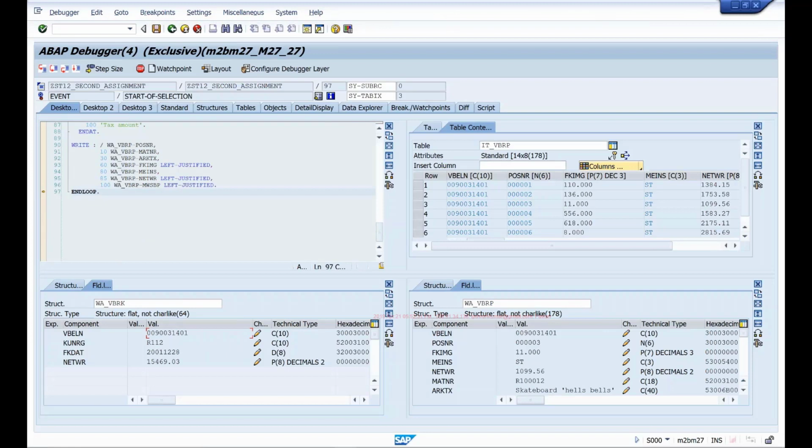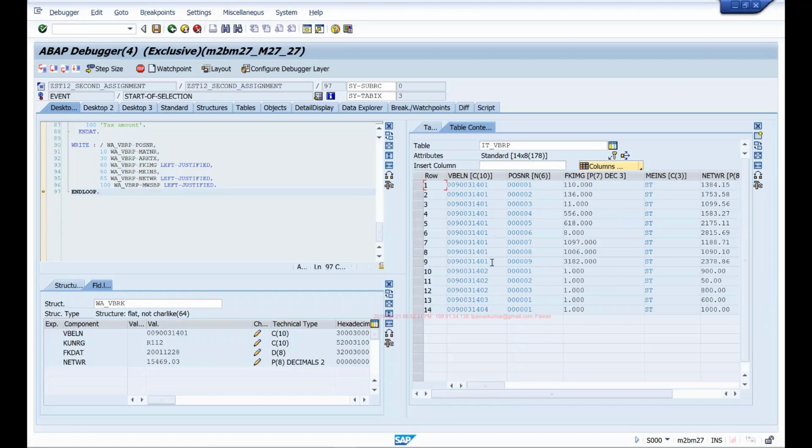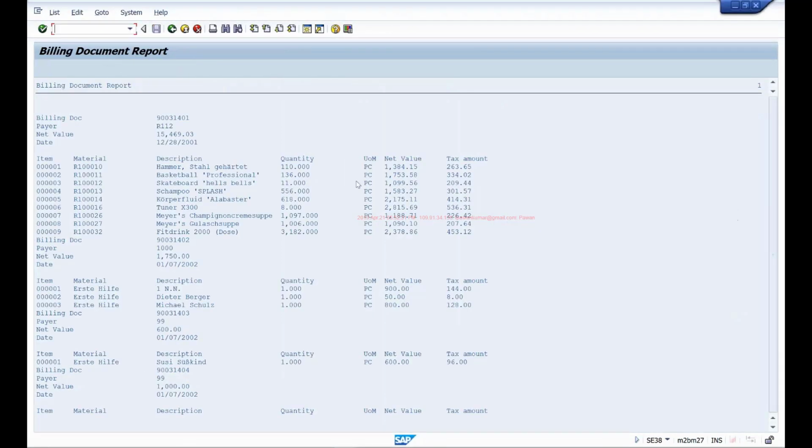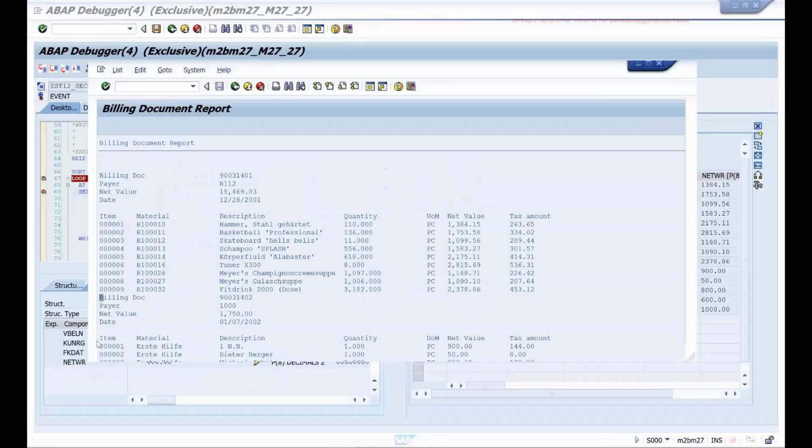And when the document changes, so in this example, this 401 has around 9 items. So in the 10th loop, that at new block should again trigger because the document number is changing, and it should again print the header data. So if I execute and finish my execution, here see, it is printing the header data for 401 document, printing all the item details, and then it is printing the header data for 402 document, and then printing all its item details.